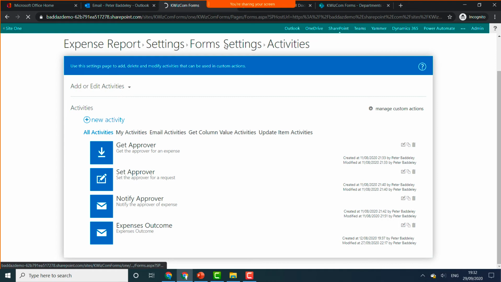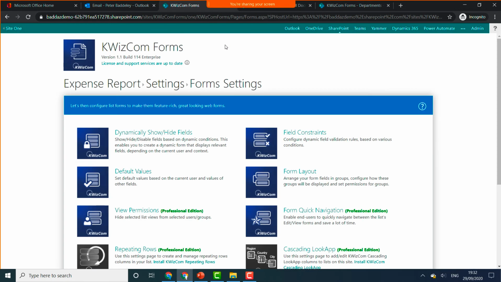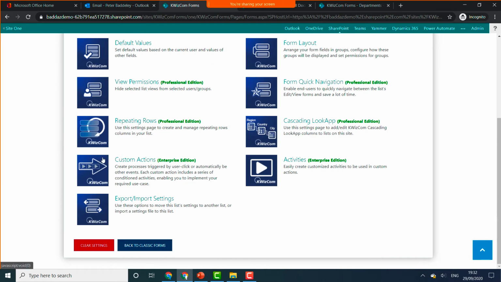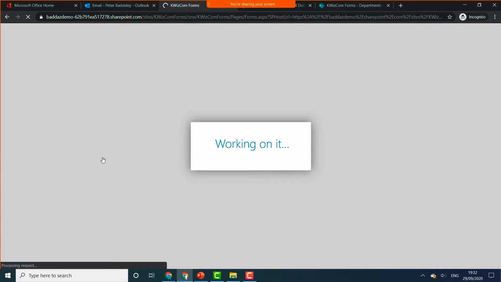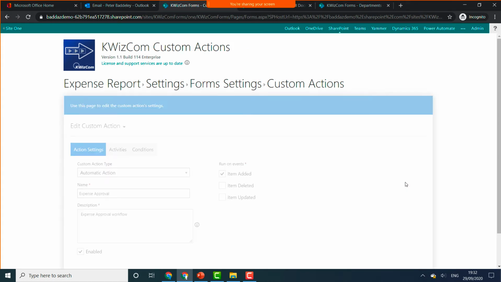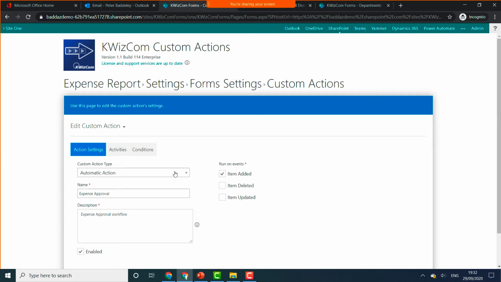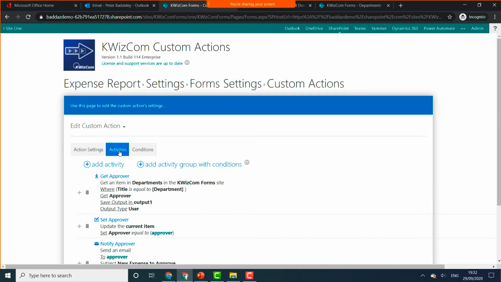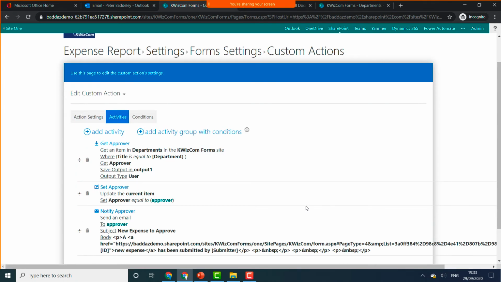Okay, let's look at how those are configured in the action itself, or in my case, I've actually configured two actions. So the first one is the more complex one, which is the actual approval process itself. Again, it's an automatic action. And I've got three